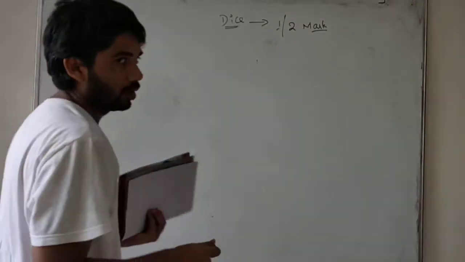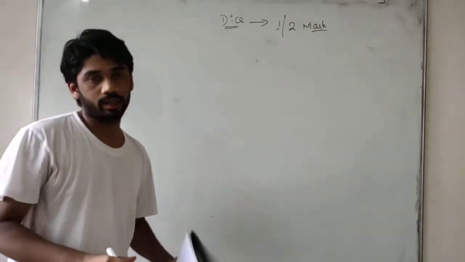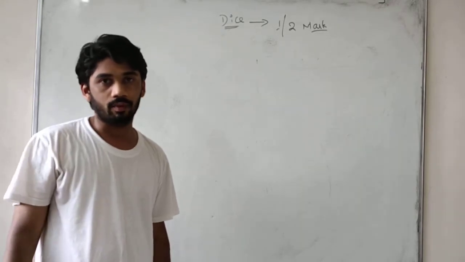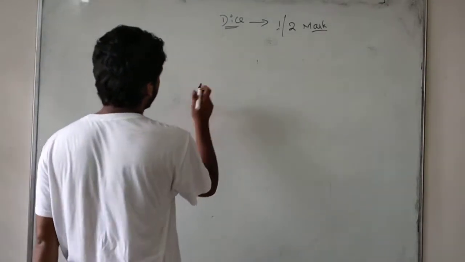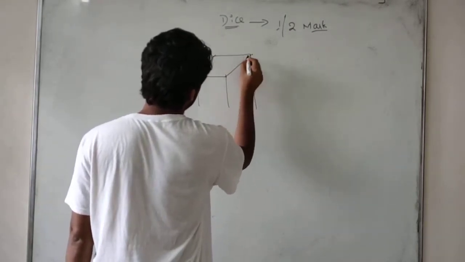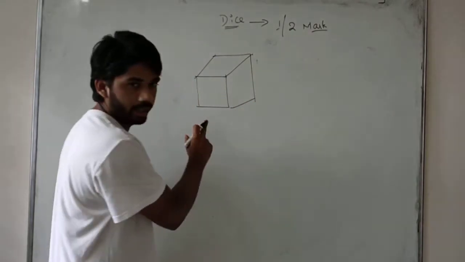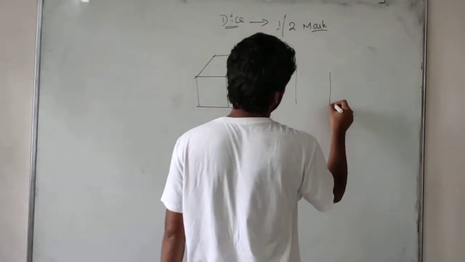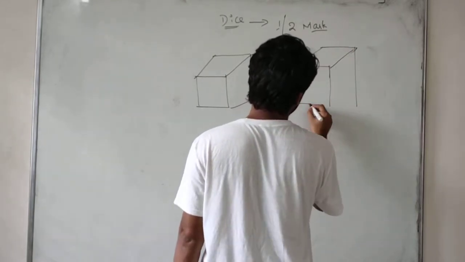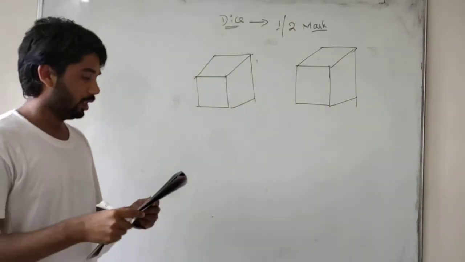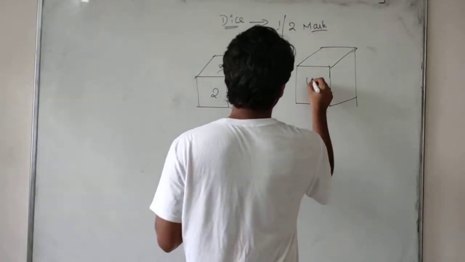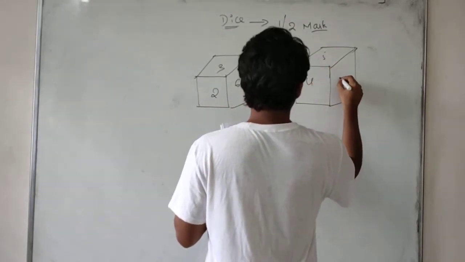So now students, the question comes, they will be giving you 2 dice. We have to find the opposite of 1 or opposite of 5. They will ask any type of question. Okay. Now first one, I will be taking 2 dice. Only we can see 3 faces. This is 1 dice, second dice. There are 2 dice. I will name it as 2, 3, 6, 4, 5, 2.